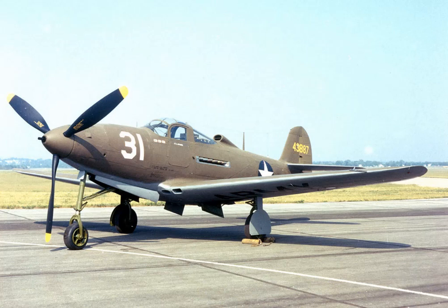P-39 Airacobra I. On the 30th of April, 1940, France ordered 200 Airacobra fighters. Germany defeated France before the Bell Company could deliver at least one of the ordered fighters. After the surrender of France, the order for 200 aircraft was added to the already ordered 475 Airacobra fighters by Great Britain. The British demanded to revise the composition and location of weapons, to replace the 37mm gun with a 20mm gun with an ammunition load of 60 shells, remove the synchronous rifle caliber machine guns, but install 4 .303 caliber